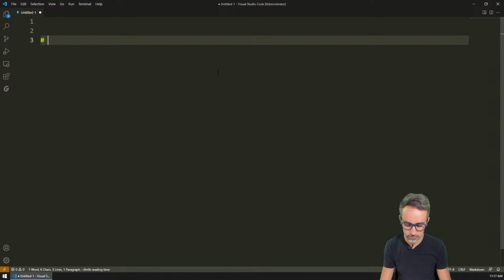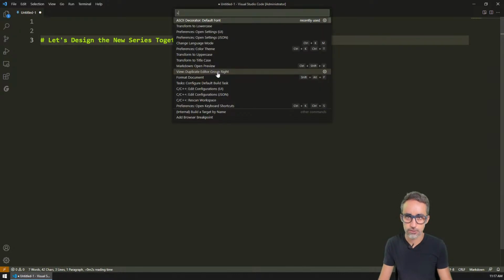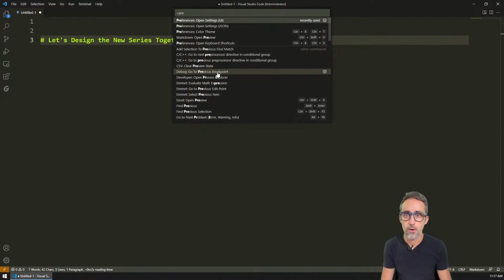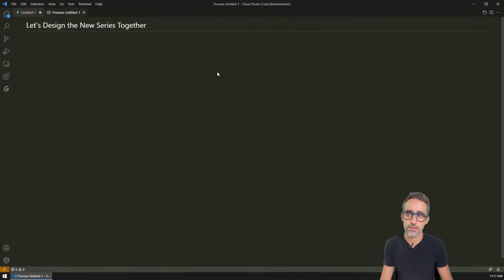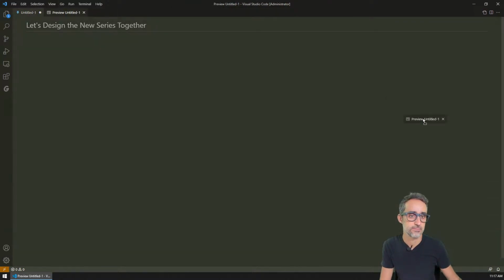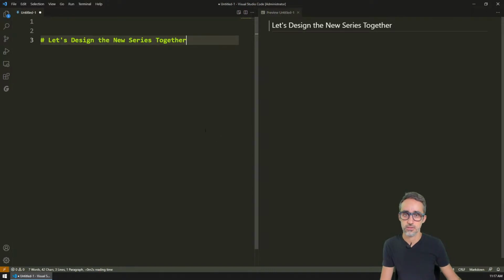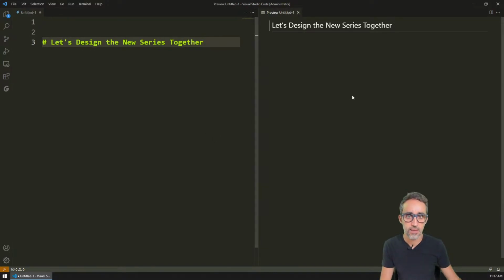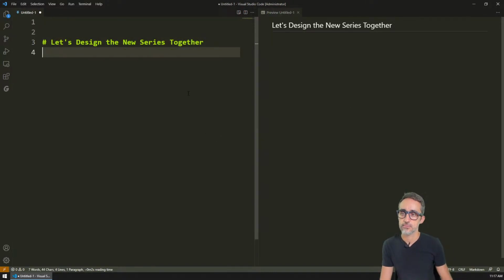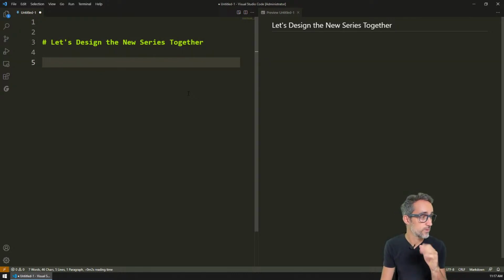So for example, let's design the new series together. And then I can turn on Markdown Open Preview, and then we can see these things side by side. Okay, so for example,